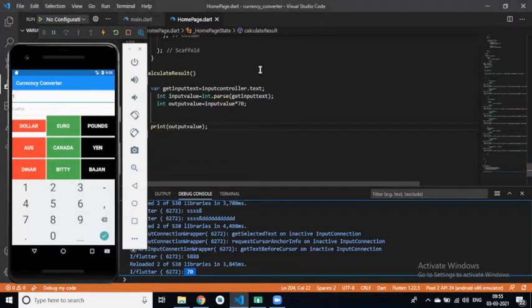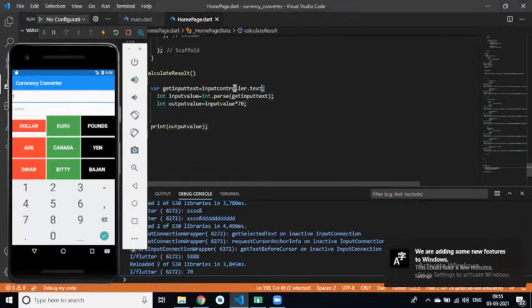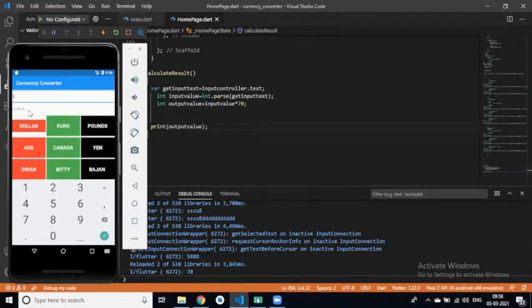Understand? First we take input from the user, then we parse this input into an integer, then we perform calculation on this input value, right? And after that we have printed that output value in the console. But we want to set this output value in this output controller, right?